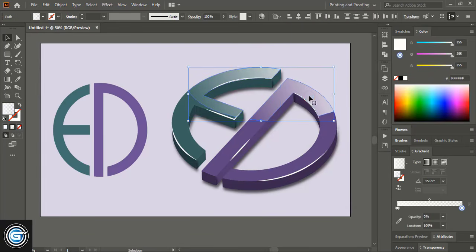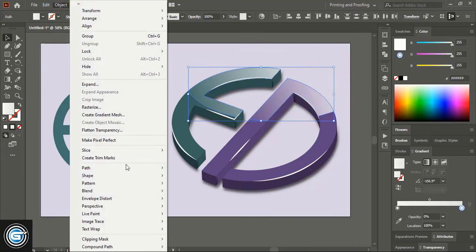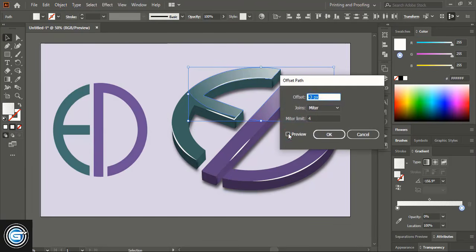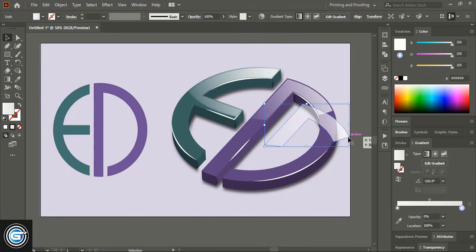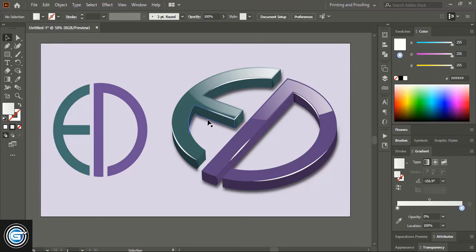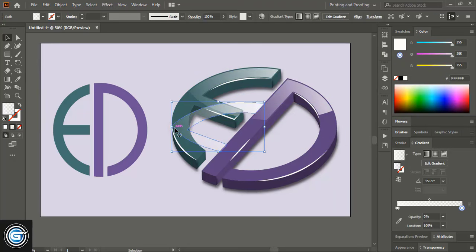And select these two and give offset. So this time we'll give negative offset. Okay, and delete those just by selecting one by one. And now our logo